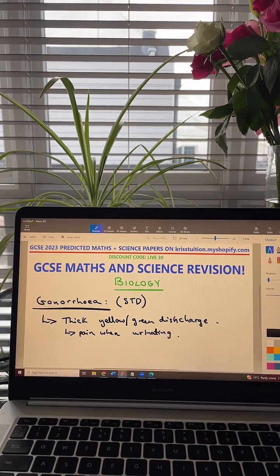If a woman is pregnant and she's got gonorrhea, when the baby is born, it can also infect the baby. It can cause eye infections for the baby, and in rare cases, it can also cause the baby to be blind if it's not caught quickly enough. So there's lots of danger surrounding these diseases, right? In terms of how it's spread, it's spread by unprotected intercourse.